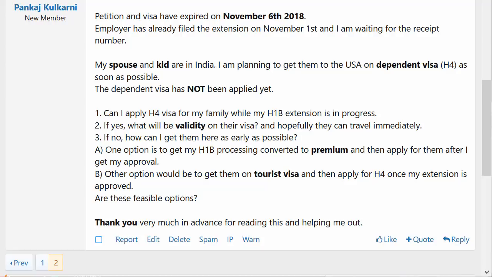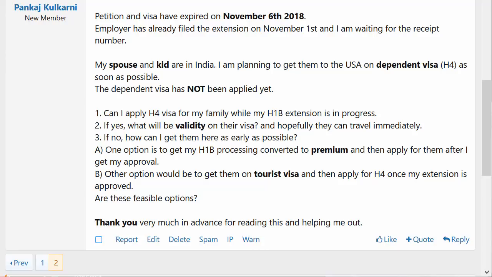But I'm in Canada right now. Yeah, that's fine. But if your new company is a successor in interest, then they have to file a new I-140 for you to continue the green card. The green card can continue only if the new company is a successor in interest. Okay. Otherwise, if they move the location, different location, same company,